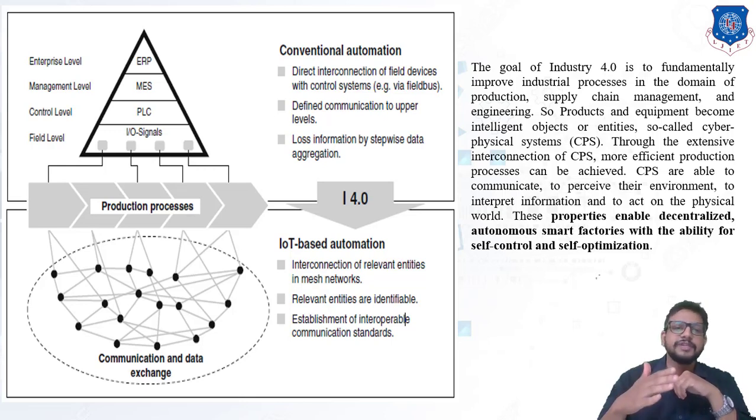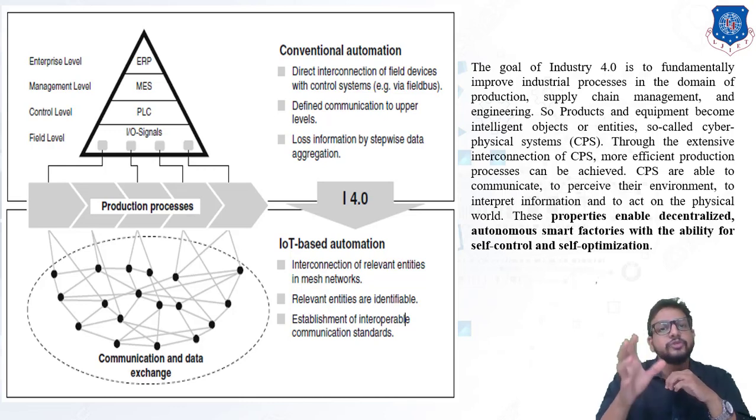Okay, first from sensor to PLC, then from PLC to SCADA, from SCADA to MES. Okay, so all these are interconnected. So this represents the conventional automation. Whereas in case of an IoT based automation or Industry 4.0, you can see that any component can be connected